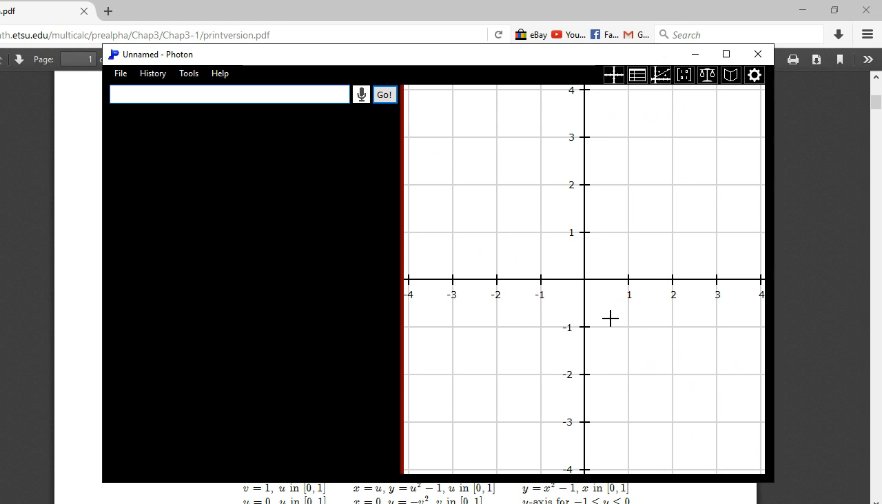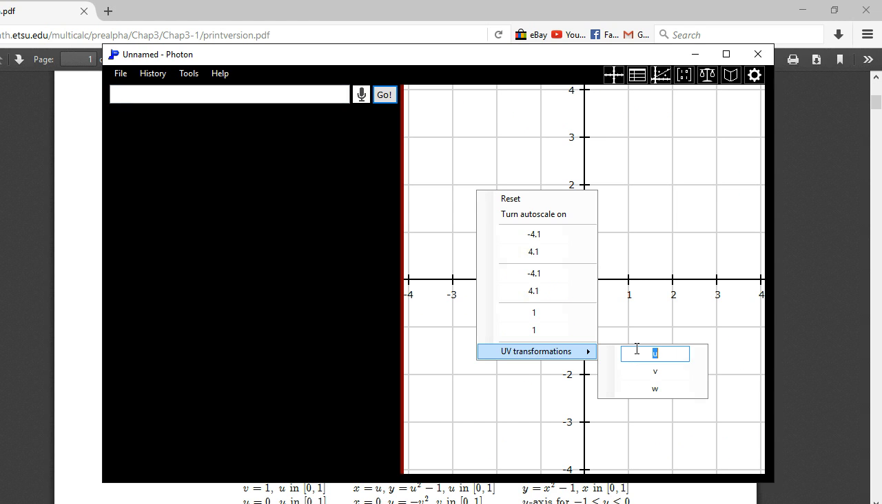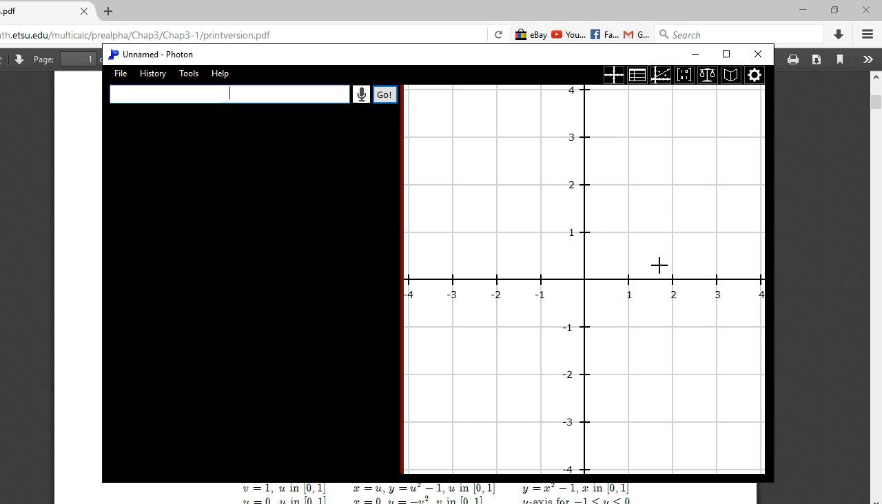So 2-dimensional UV transform, 3-dimensional UVW transform. This is where you can get this calculator to graph things under spherical coordinates. You just have to look up what those coordinate transformations are and then apply the appropriate UVW transformations, and you can get it to work. So either way,